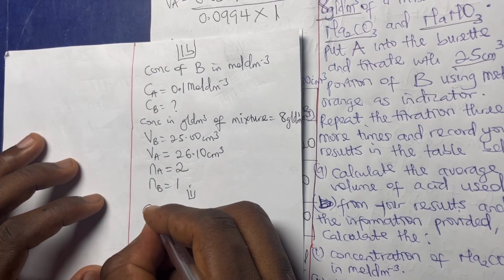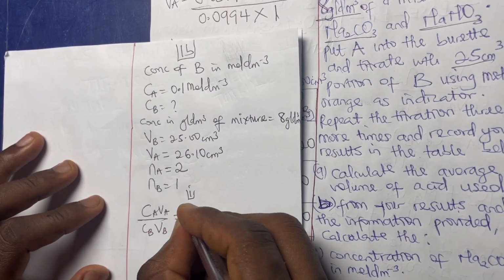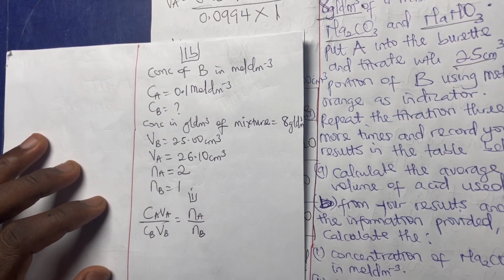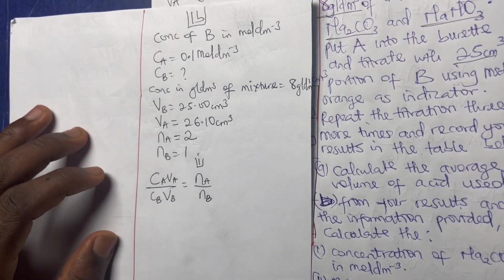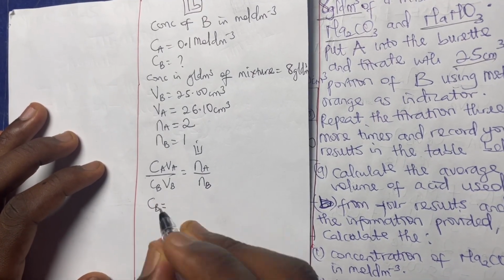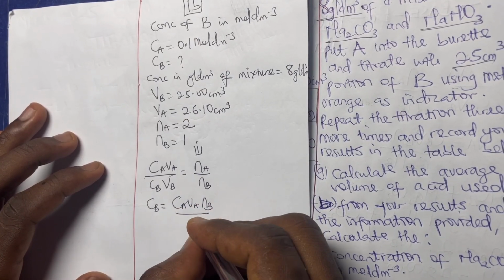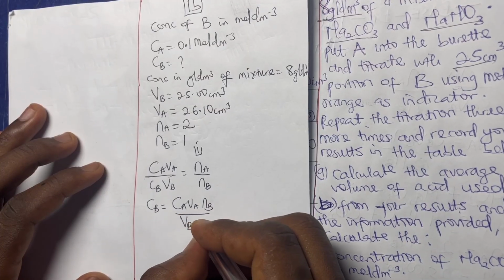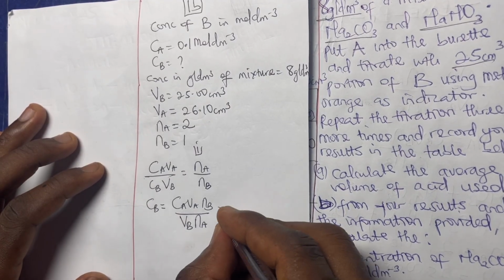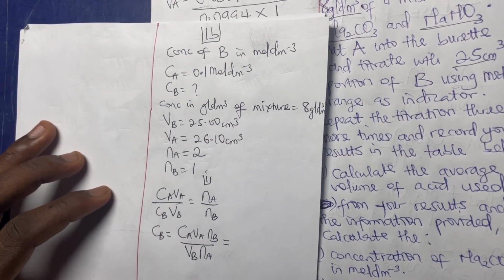So that will now be CAVA all over CBVB equals NA all over NB. We are looking for CB, right? So let me make CB the subject of the formula. So my CB will be equal to CAVANB all over VBNA. All right. And if I substitute the values inside that, then that will give me